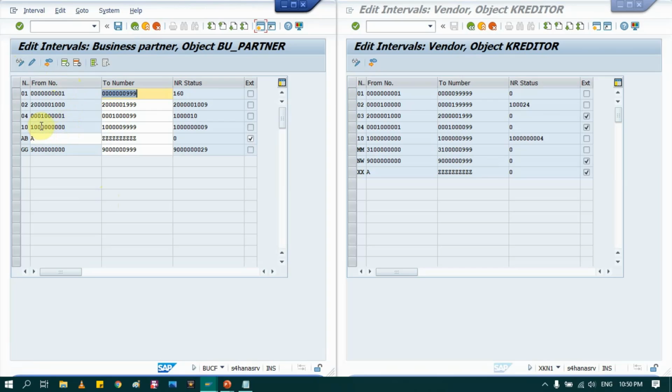I will also check which number range is available. So I will take this, click Insert, and give VN as the number range,